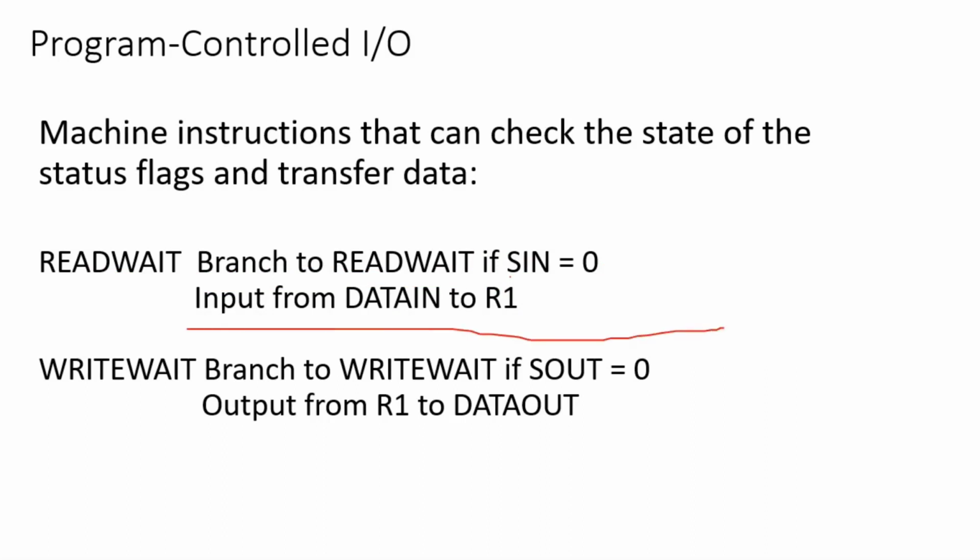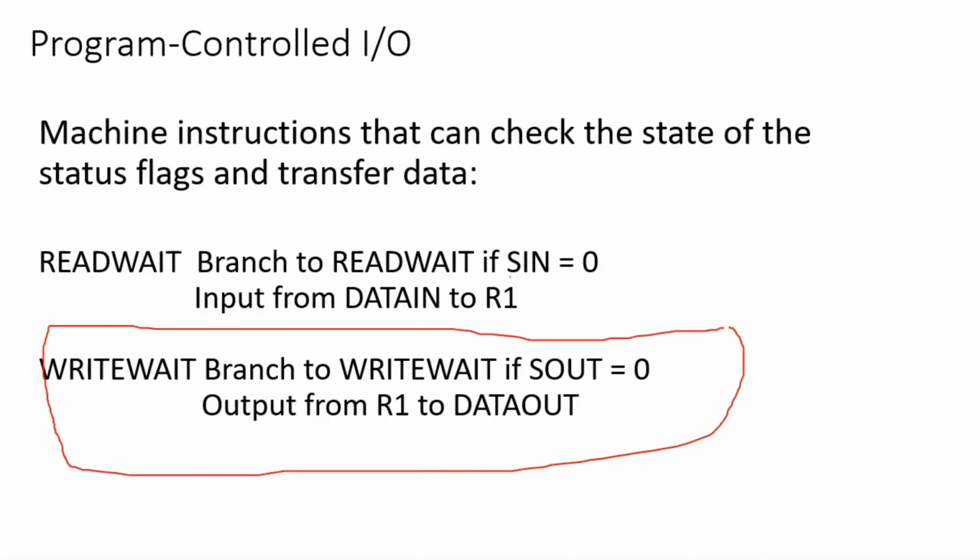Similarly, in the second statement, the processor is trying to display some characters on the screen. So it has to send some characters to the output device. The processor wants to make an output operation. So what happens is, initially the processor checks whether the S out signal in the output device, the display, is 0. If it is 0, that means the display is not ready to receive any data. At that time the processor keeps repeatedly checking whether S out is 0, until S out becomes 1.